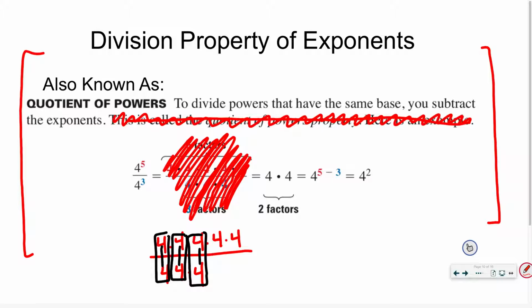Because just like we said yesterday, you can work with a rule, but it really helps if you understand where that rule even comes from. Because now you have 2 properties to keep track of. You have the product property. When you're multiplying, we know that we could add the exponents. But now you have the division property, that if I'm looking at the same base, I can subtract the exponents. Breaking it out is still going to be extremely helpful, especially when you start dealing with other types of examples, such as